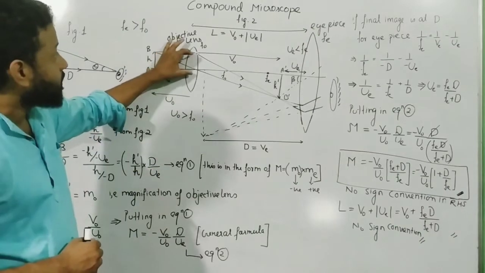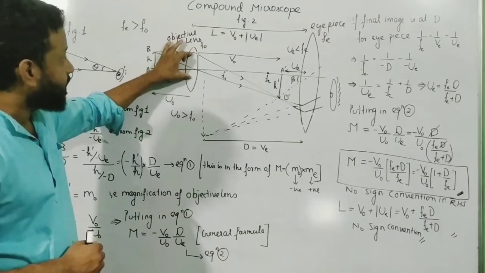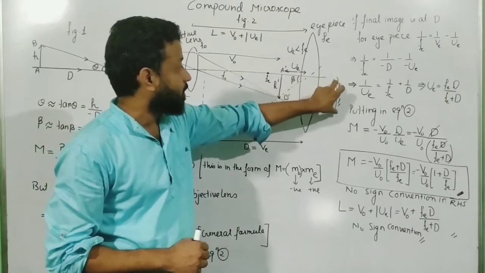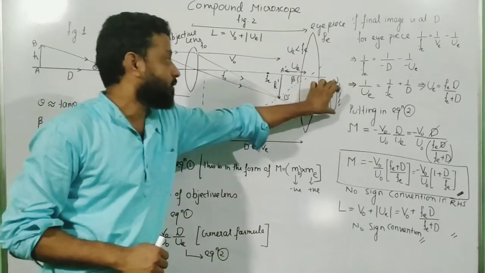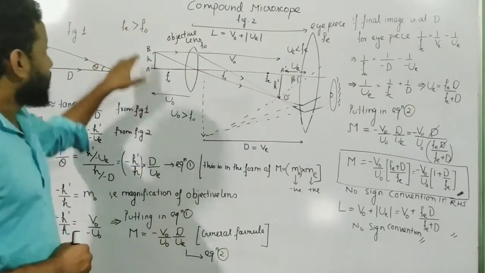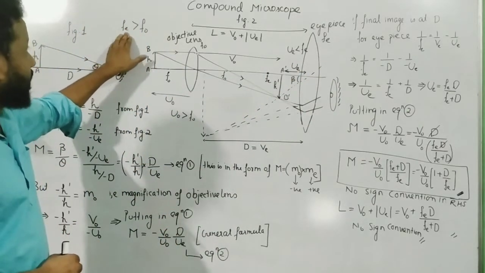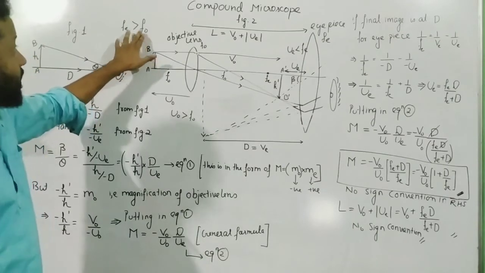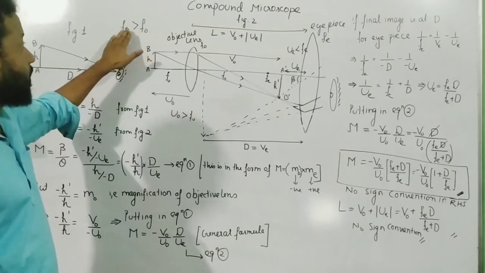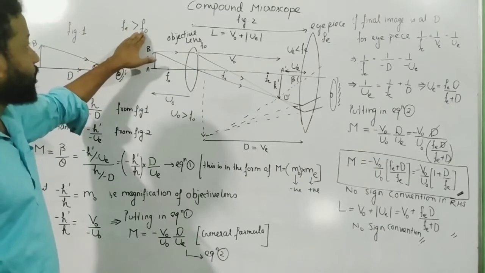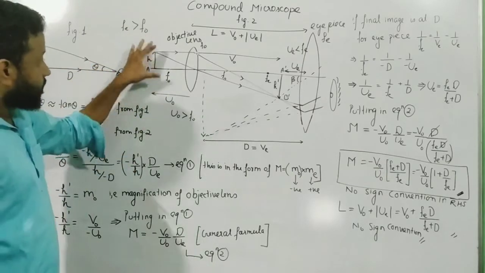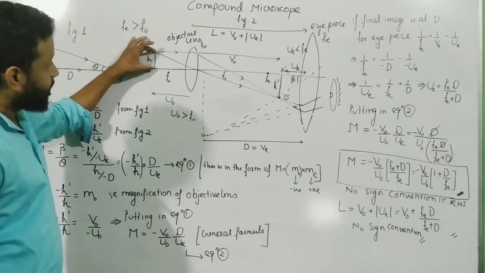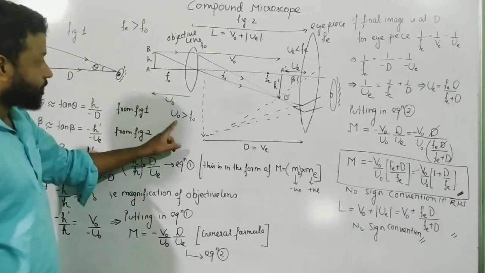So, what we have is an objective lens and an eyepiece. Eyepiece is the one where you see the formation of the final image. Now, this is very important: the eyepiece focal length is larger than the focal length of the objective. Okay, this is very important information I am giving to you. The eyepiece focal length is more than the focal length of the objective. The object needs to be placed beyond the focal length.